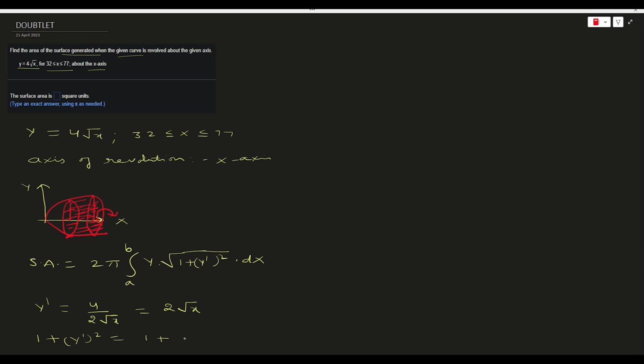What will we get? This will become 4 divided by x, since the 2s cancel, so it will be 2 divided by root x, and if we square this, it becomes 1 plus 4 divided by x. So we can write it as x plus 4 divided by x. If we solve it further, we have to take the under root of this. So this term will be written as root of x plus 4 divided by under root of x,